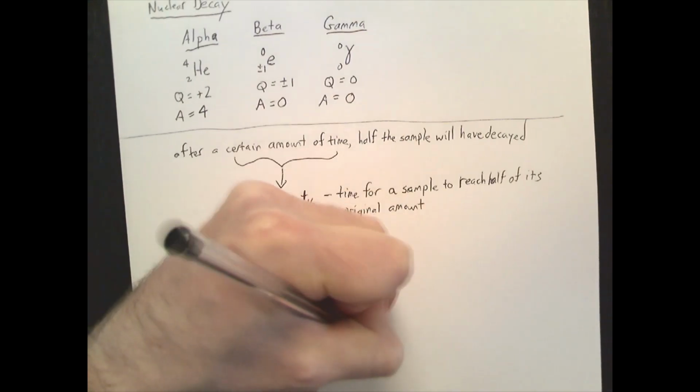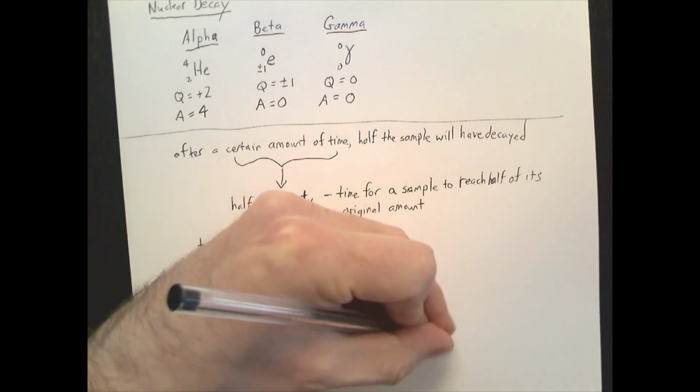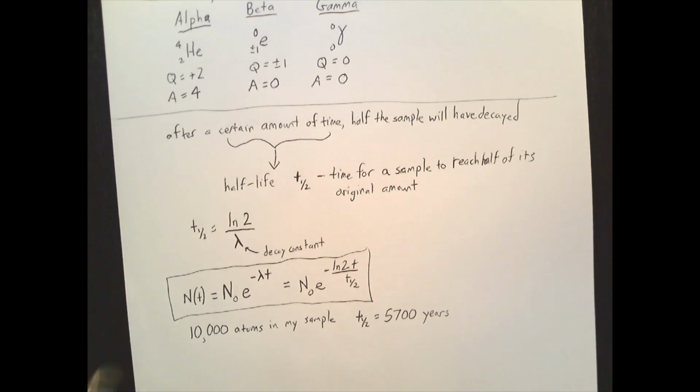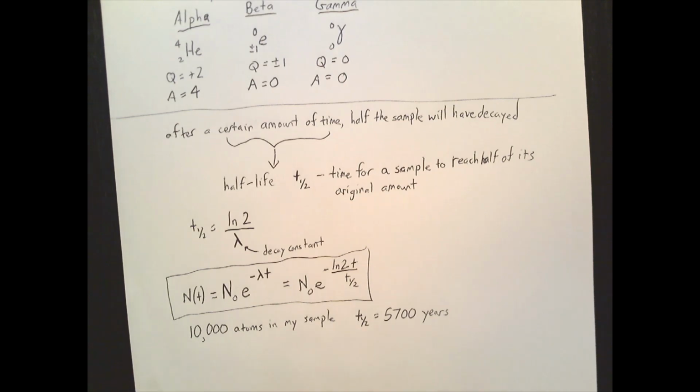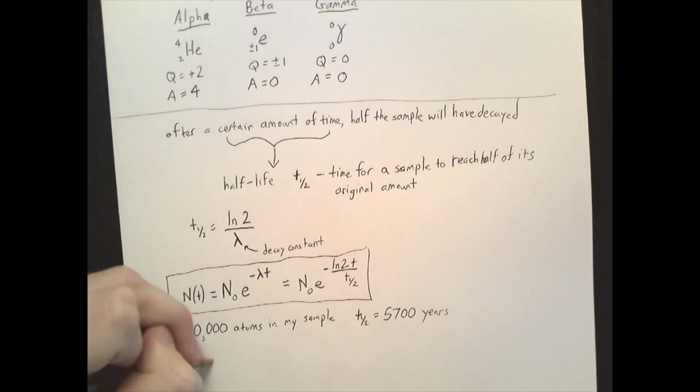So T half equals 5,700 years. This is pretty close to what you'd expect for something like carbon-14, which is used in a lot of radioactive archaeological dating. If I want to know when I have about 2,500 atoms left,